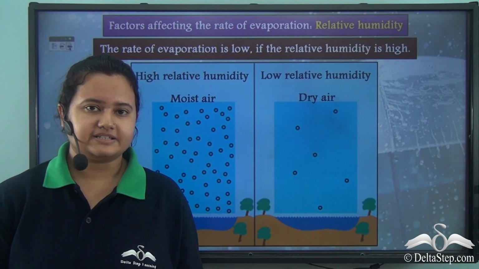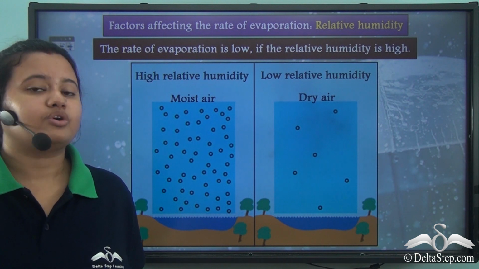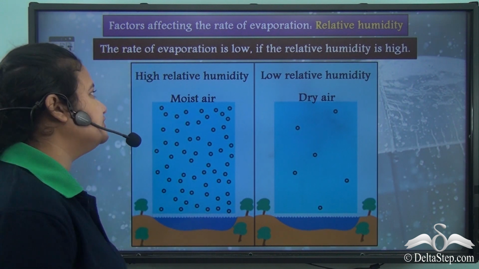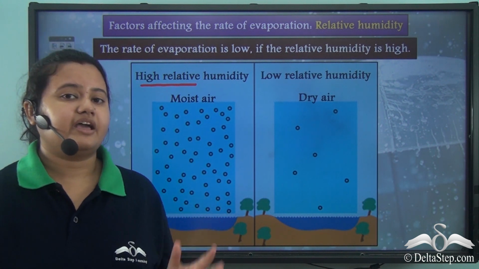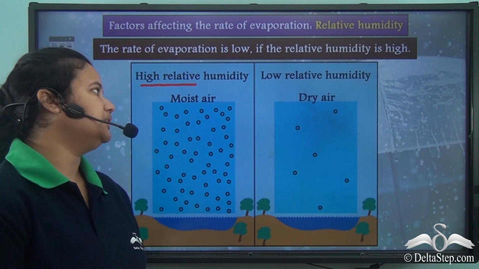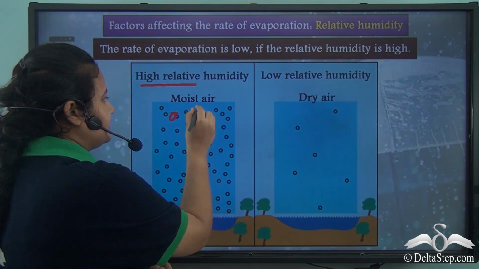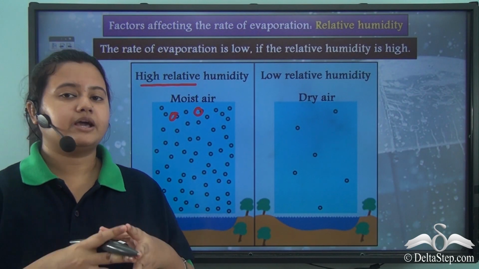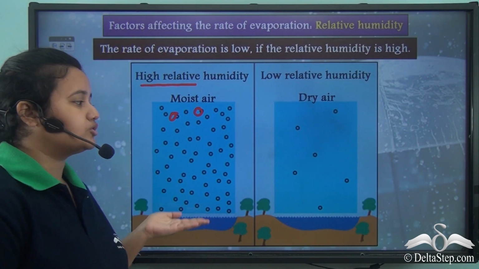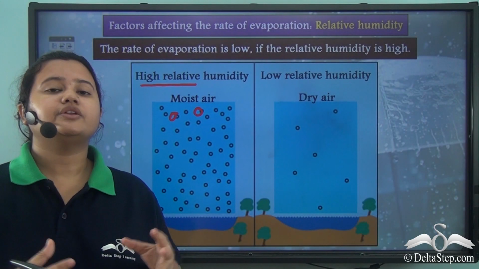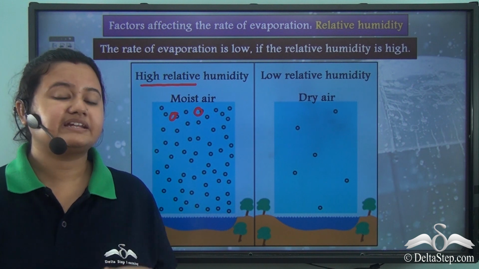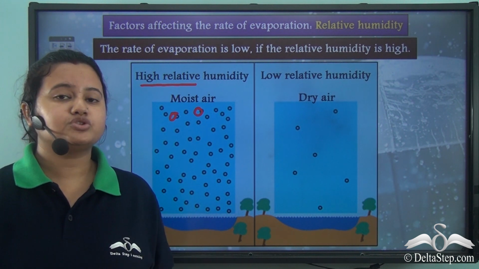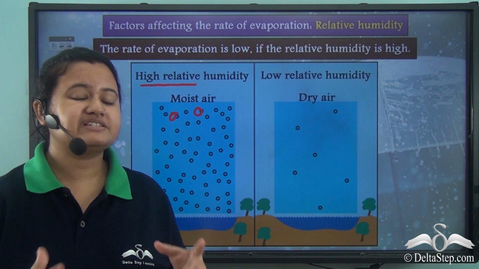The reason is that during monsoon or rainy season, the relative humidity is very high. That is, the air is already saturated with water vapor and it cannot absorb any more water molecules. So, the water molecules present on the surface of the clothes take a longer time to evaporate.